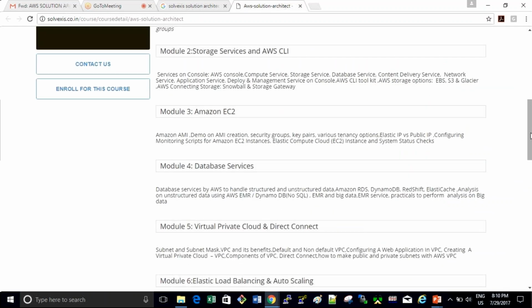These 10 modules which we designed keep everybody in mind. As per the discussion, these are the topics and how we conduct the classes on them. It is not related to the perception of any single student or participant. If somebody has 10 years of experience and somebody is a fresher still studying, it is not related to that. We start from the basics and slowly take it forward up to professional levels, which would be helpful for everybody.